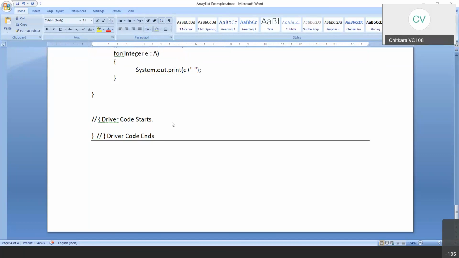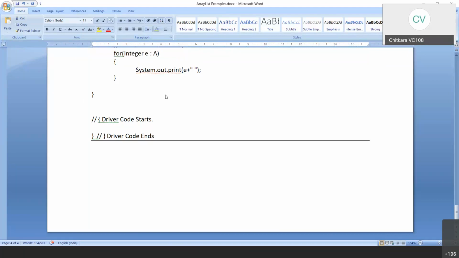Okay, what you're supposed to do? Given an array of size n containing integers. Pay attention, they are not using array list. They are saying given an array of size n containing integers, your task is to insert the elements of the given array into an array list, and it should return the array list.